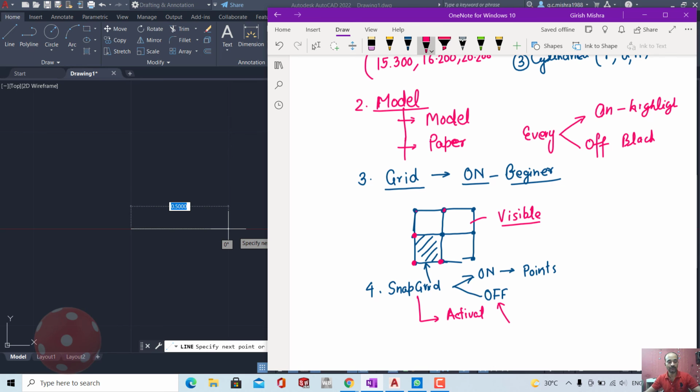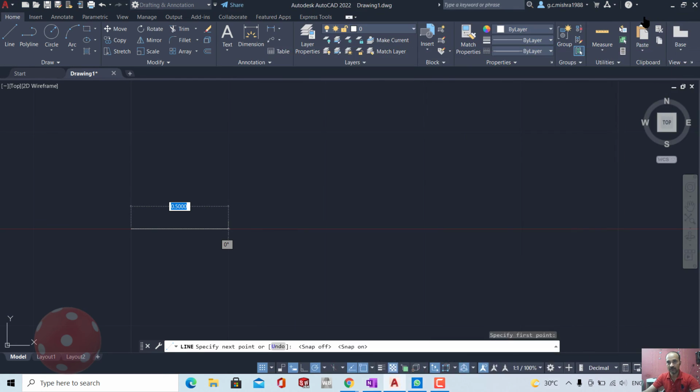We do not say snap grid or grid snap. That is called snap, and grid is called grid. So for easy understanding, that is snap, and the first one was grid only. By default you should turn this off. For beginners, it is recommended that you turn that off.